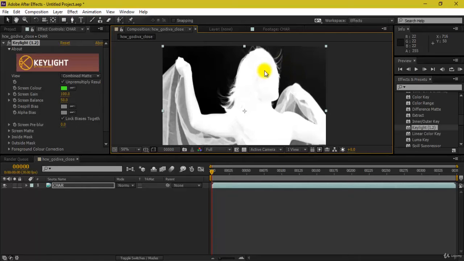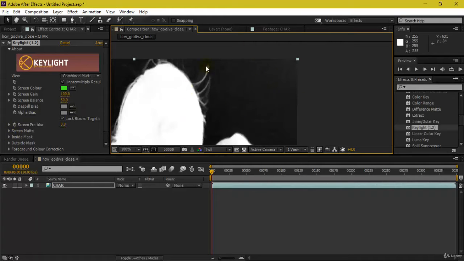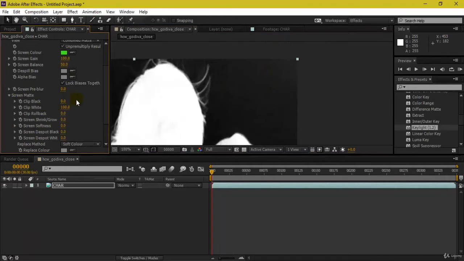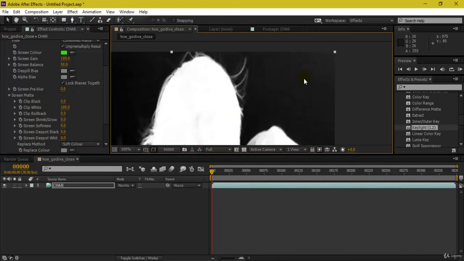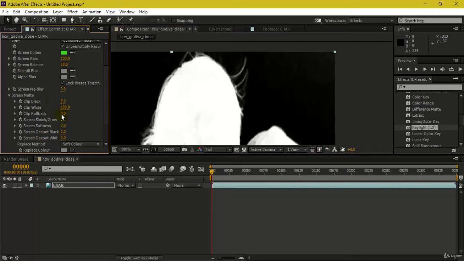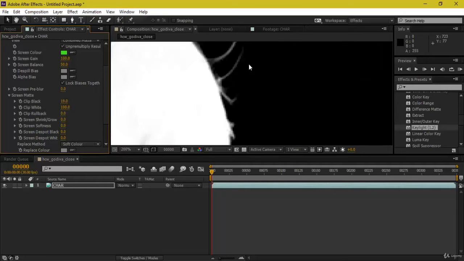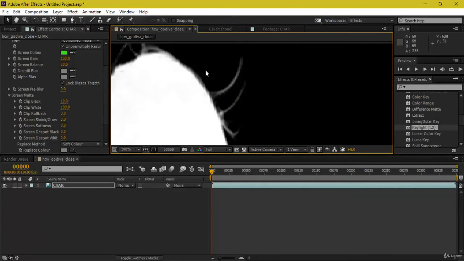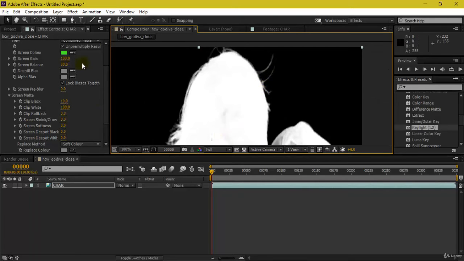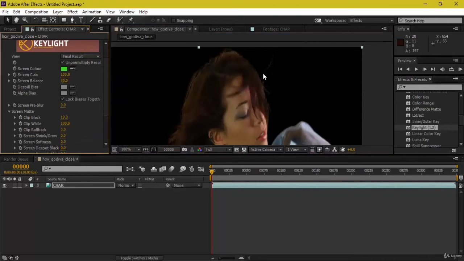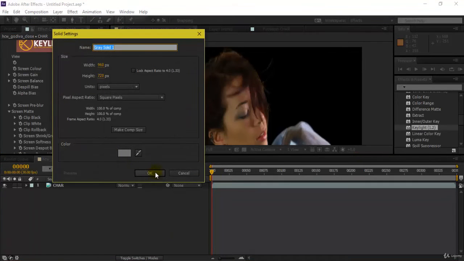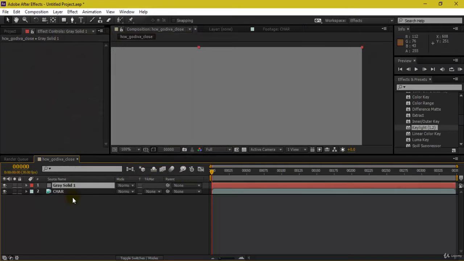As we had seen earlier, we keyed this out through our screen matte option, which was clip black and clip white. So I'm going to do the same operation right now, very quickly. I'll increase the clip black value, but I have to make sure of it, as right now it's 8. Suppose I take this to maybe 18, there are some areas of my hair which are getting chopped away, or whose details are not being preserved. If I go to my combined matte or final result, this is what I'm getting. Just for my personal preference, I'm taking a gray solid over here.